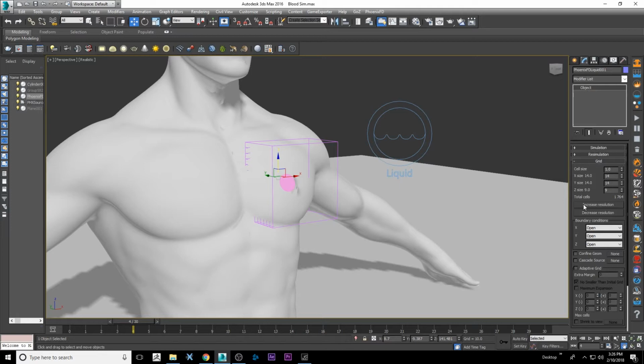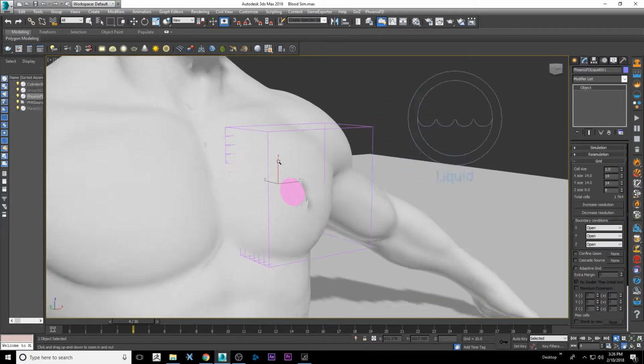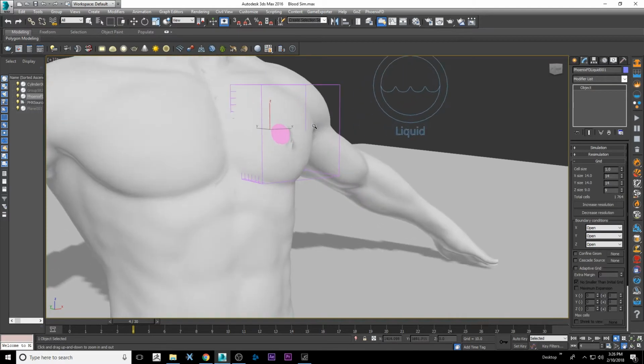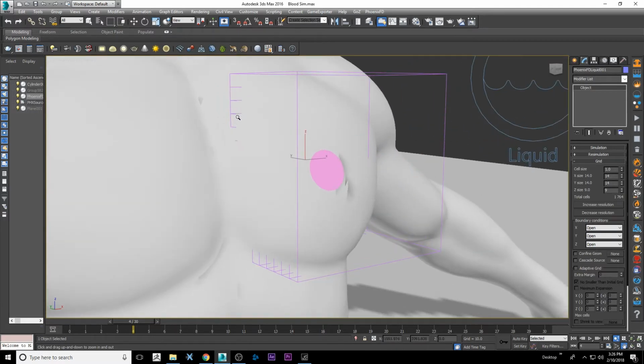Grid, all right, so this takes some explaining. What grid is, if you zoom in, you see these little ticks on the side of this guy. And that is the overall detail level of the blood. That is determined by the total number of cells inside your scene. This can get really complicated. It can roll into a lot of scene scale issues. But basically the gist of it is the more fine you can get these ticks, the better your blood is